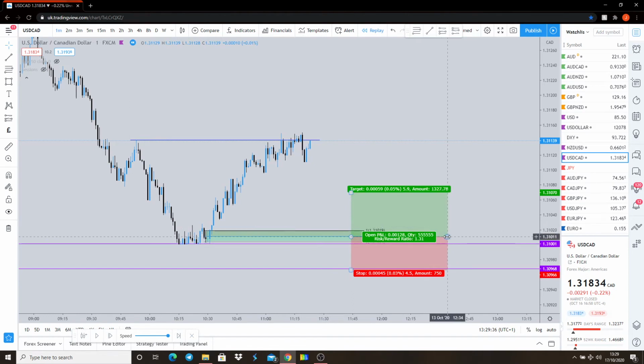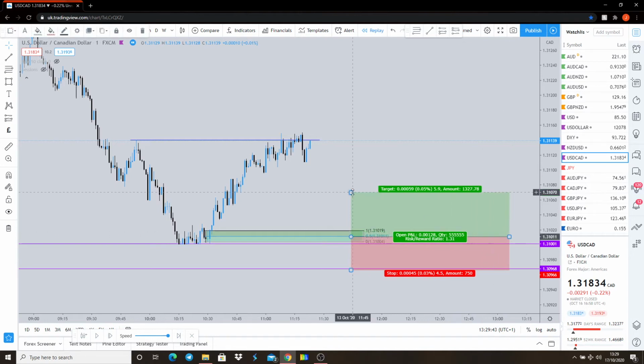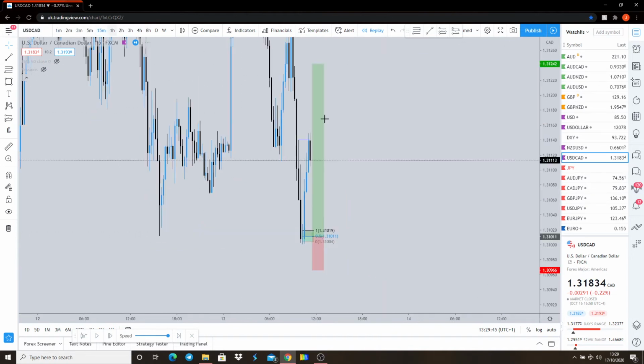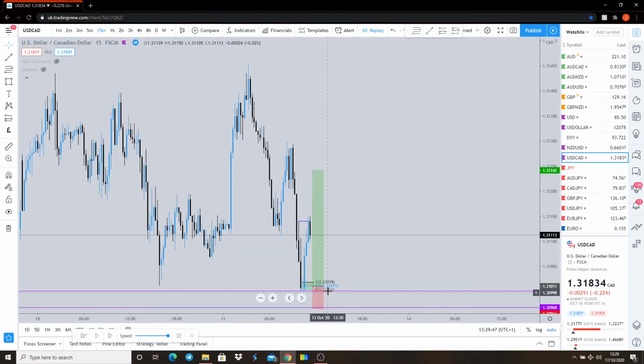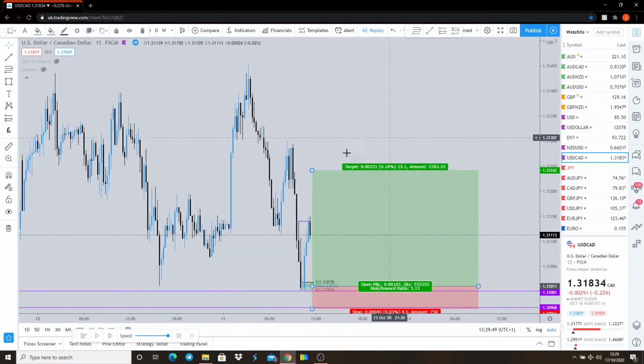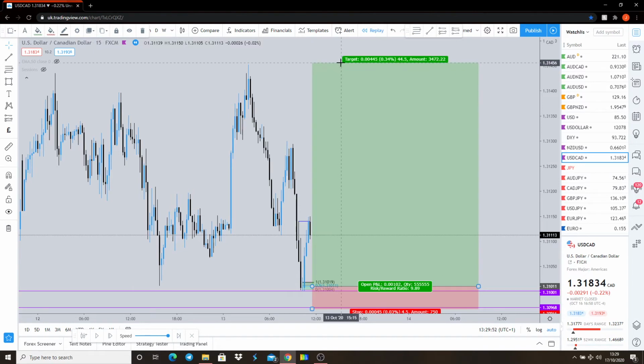Remember, this trade isn't a generic trade that you're going to take. It's a little bit more complex. So now what we need to do is work out our targets. Our first target can be the 15-minute significant high. So we're already looking at our 1 to 10, our 1 to 9.8.